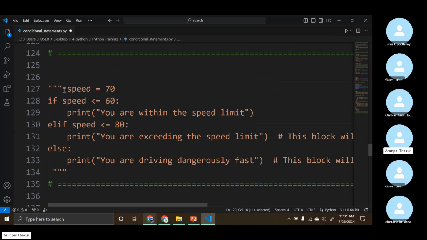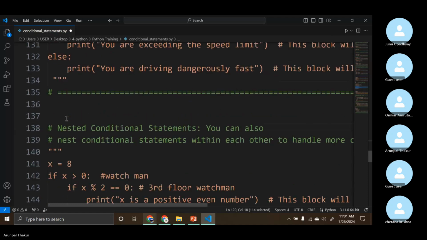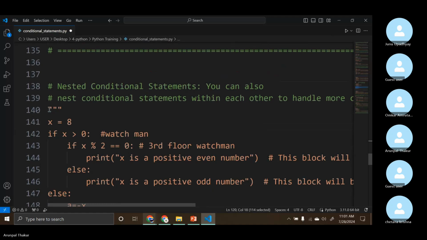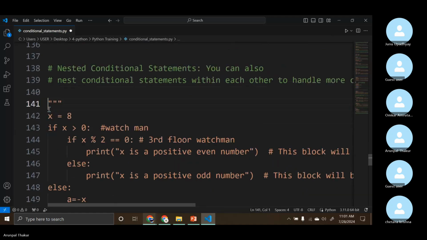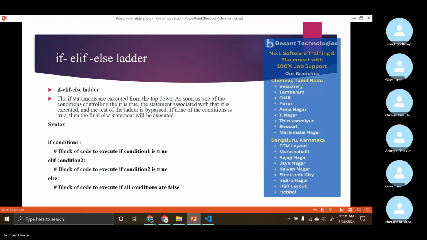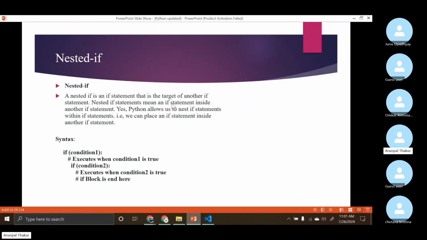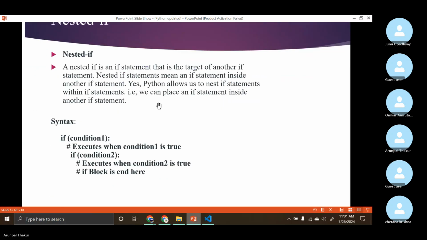So these are also the if elif part. Nested condition. Let us see now. Nested condition. So nested statements. Nested. Junu, please read. Yes, sir. So nested if